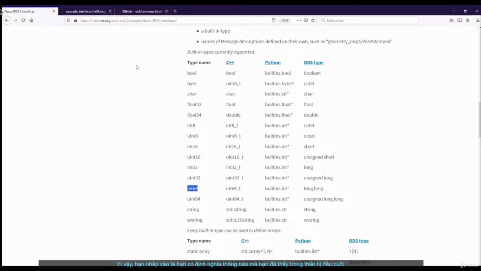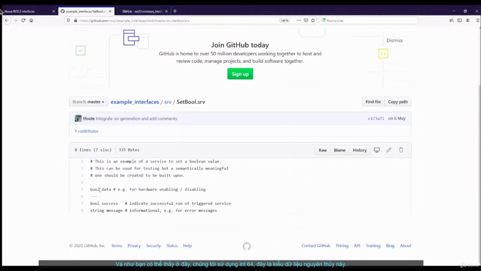We can also see in the services, we have three services. The SetBool, for example, is exactly what we used in the section on services. So one bool data type here, which is a primitive one, another bool, and a string. Well, the example interfaces are just examples, as the name suggests. And we will check a few other messages and services that you can really use in your code for real applications, and you can find them